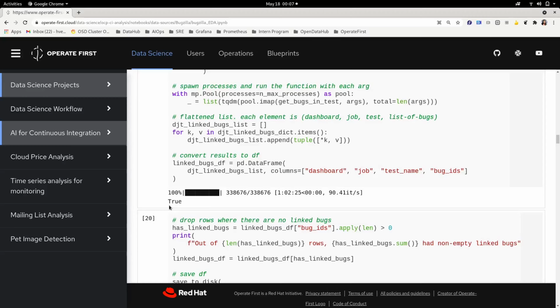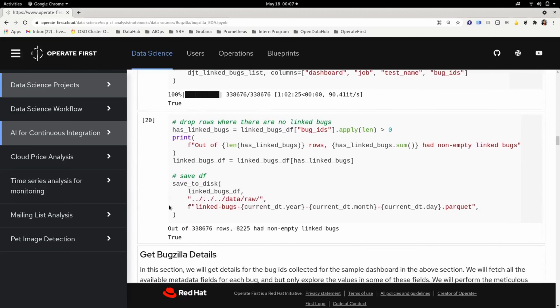We then get the list of all the associated bug IDs and we append this into our final resultant data frame with the relevant columns that we saw listed above. We will drop all those rows which did not have any linked bugs and retain all the non-empty fields. And we finally convert this data frame into a suitable Parquet file and have this as a dataset in our